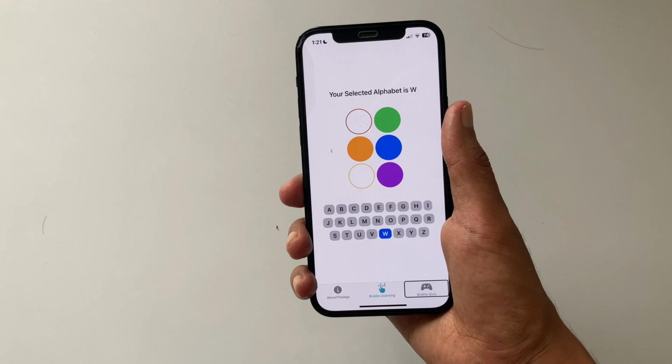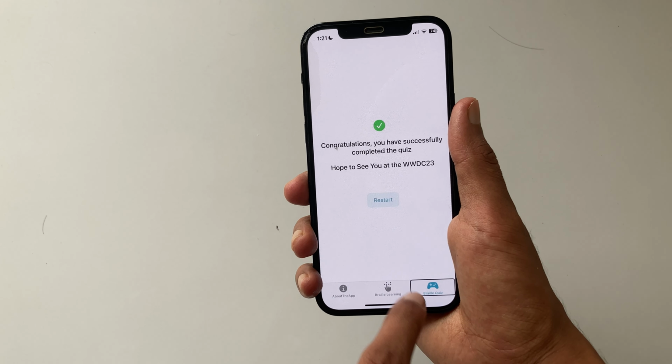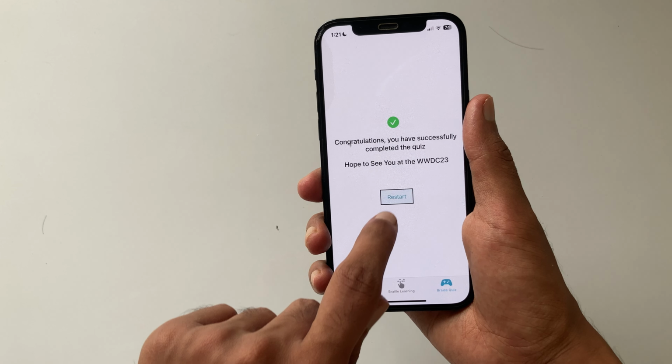So the screen curtain is off now. If you go to Braille quiz, 3 of 3, it will read out everything. So if I restart the quiz,